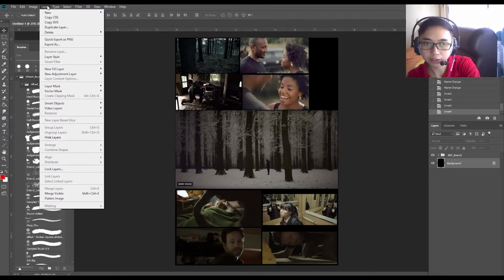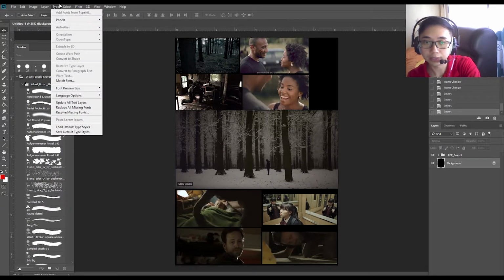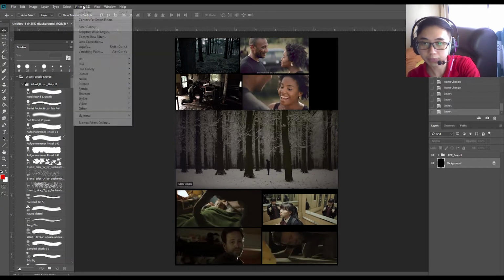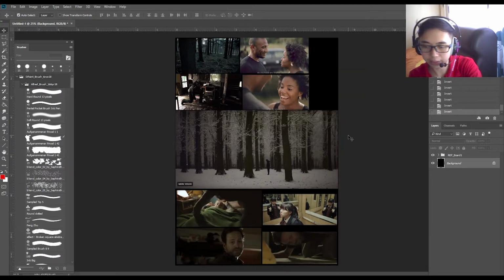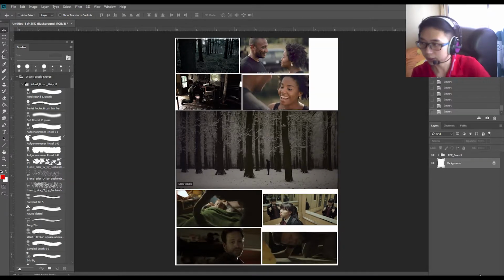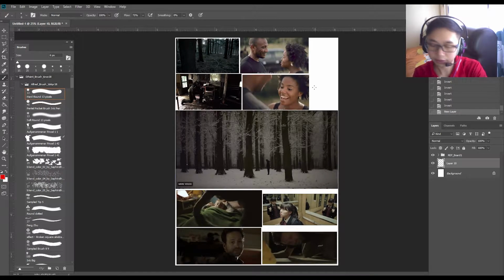I don't really know where the default is, but anyway, it's just invert. What it does is just invert the colors: white to black, red to green, blue to orange. So red becomes more like a green or cyan color. Every time you press Ctrl I,